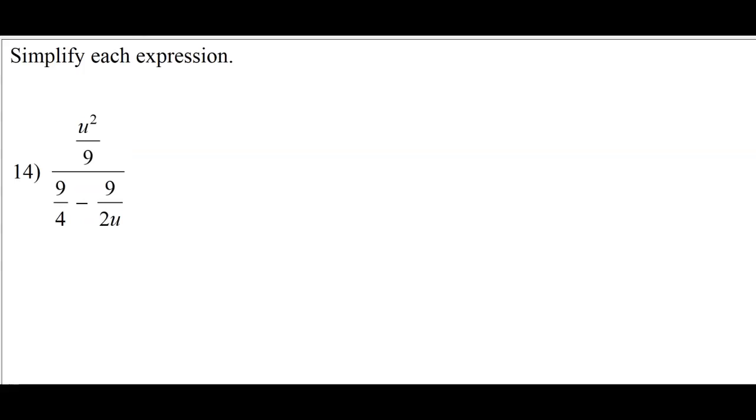Let's go ahead and do number 14 here. All right, so when you're doing complex fractions, we want to find either in the numerator or denominator, anywhere where you have two fractions, we want to combine those. So what I'm going to do is I want to combine those two fractions together, and to be able to do that, I need to multiply this side over here by a 2. That way it becomes a 4. And then I need to multiply this side by a u, so it has a u like the other side. So let's go ahead and see what we have now. That would give me u squared over 9 over